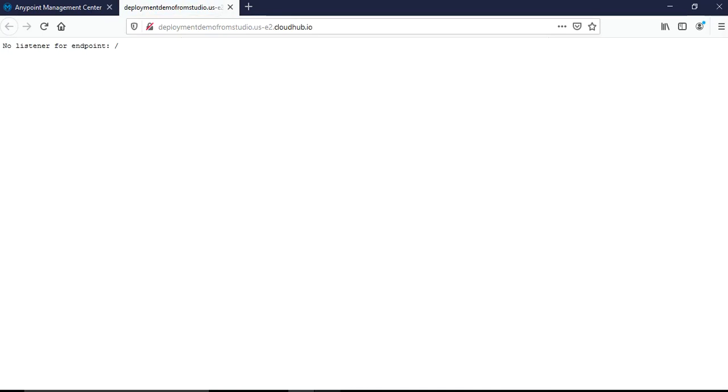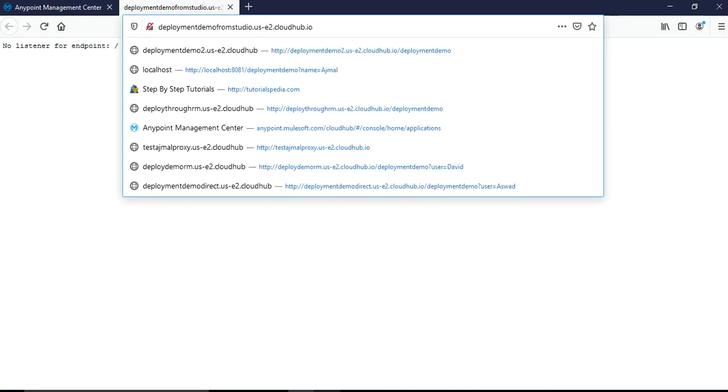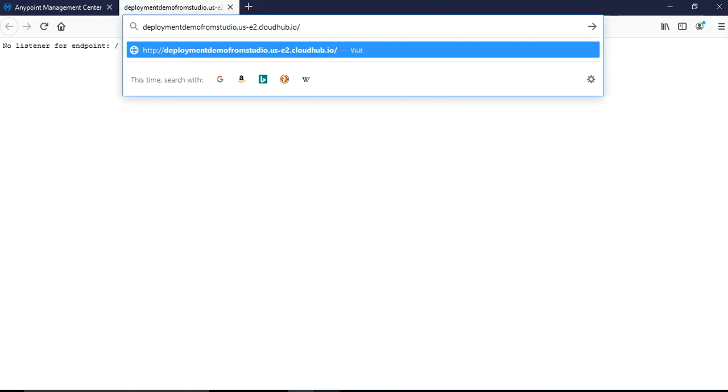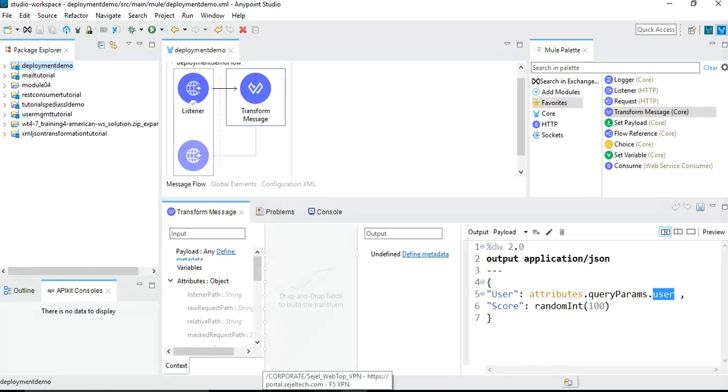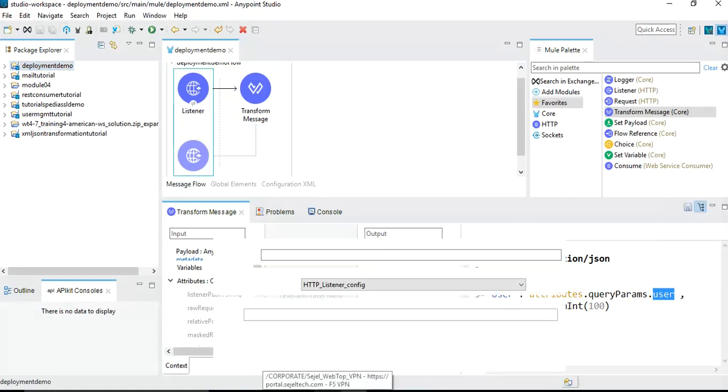So we see no listener for endpoint. What I will do is put the actual endpoint that I created. Let me show you from the Anypoint Studio. If you go to the listener configuration, it's taking some time.